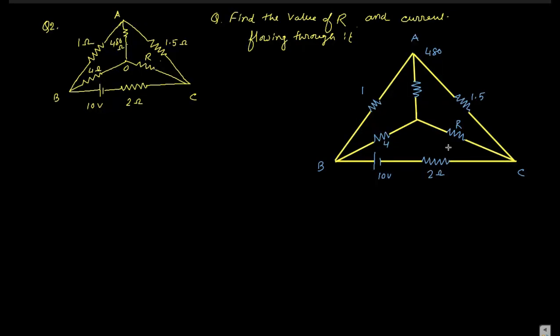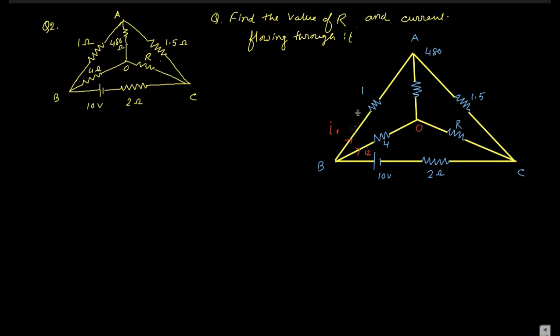We should first give the names and supply the currents in each and every branch, that is, distribute some current into the branches. Here AB, OB, OC, AC, BC are all the branches. If I1 is flowing through one and I2 through another, then from the 10 volt battery I1 and I2 can be supplied, one going to the AB branch and another to the OB branch. So the net current supplied by this 10 volt battery is I1 plus I2.